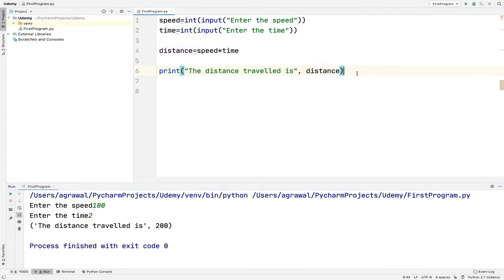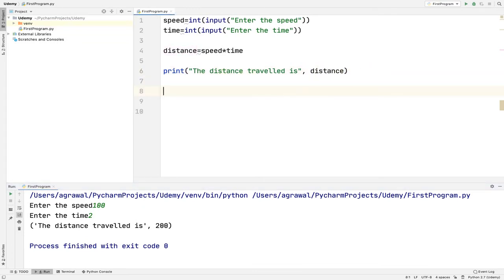I have displayed the distance. Now what I will do, I will input the average. Okay, I think that average is a float quantity, so I am taking a float input. So float input, enter the average or mileage. Okay, average of your vehicle.